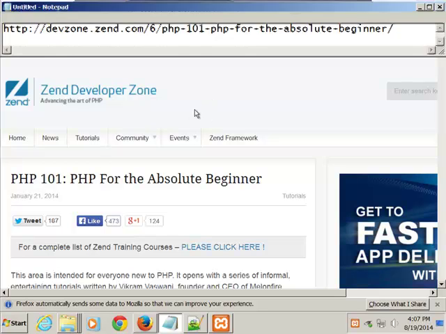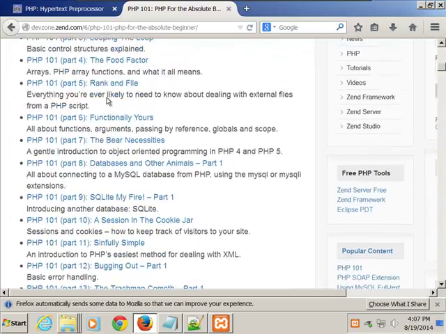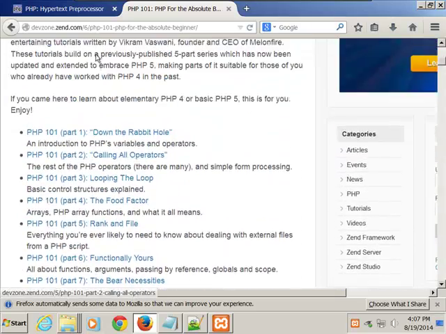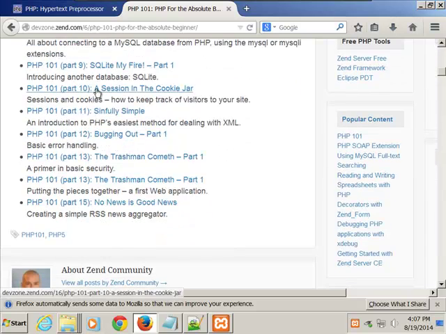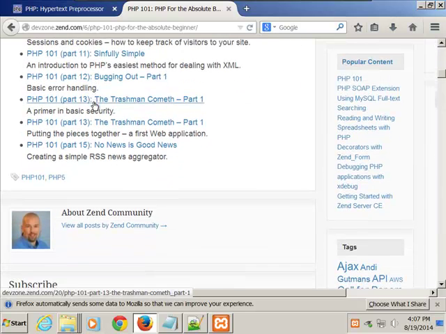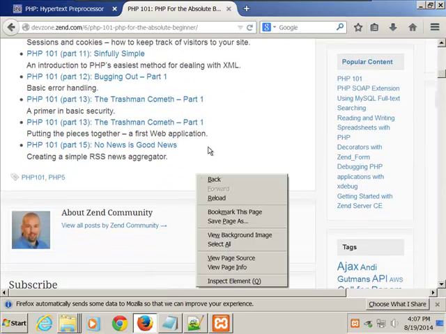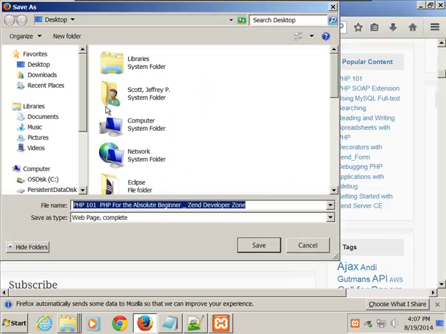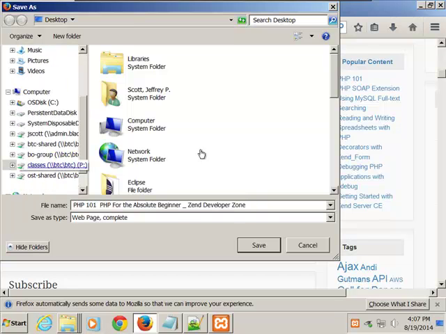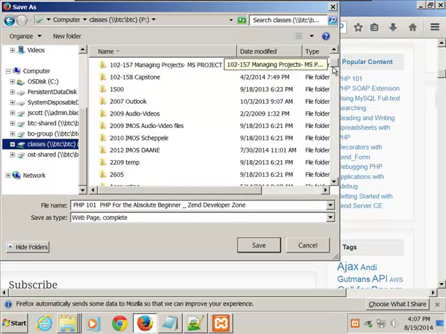But notice, when you look at it, it breaks it down into all the different PHP areas. There's a whole thing on loops. There's a couple things on databases, etc. It's really pretty well done. I've gone through a lot of the tutorials that are out there. Some of them are really good, just like anything else. Some of them are just not very good at all. But that's one of the better ones that I've seen. And like I said,